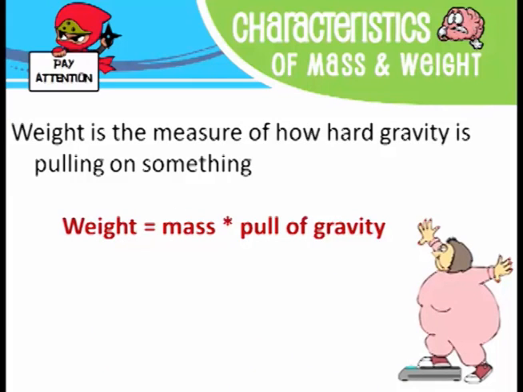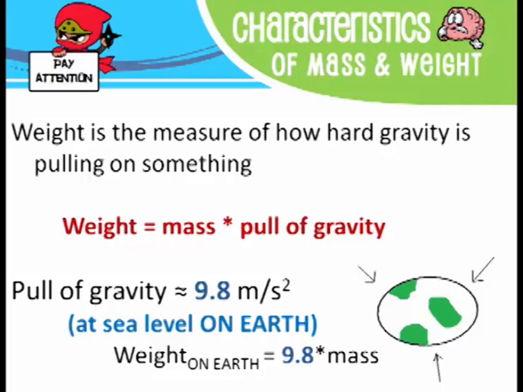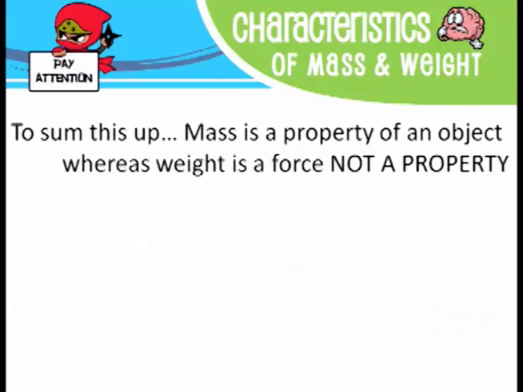Alright, so again, remember, weight is the measure of how hard gravity is pulling down on something. The pull of gravity is 9.8 meters per second squared on Earth. We can use it as an approximation. Again, if you climb to the top of a mountain, it might go down to 9.79. If you go in an airplane, it might be like 9.68. It really doesn't change that much from 9.8 meters per second squared, so that's kind of what we see. A lot of times in elementary school, they'll even tell you to round that to 10. In this particular class, we're going to be using 9.8 meters per second squared as Earth's gravitational acceleration.